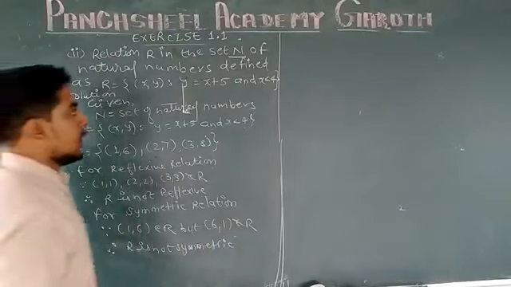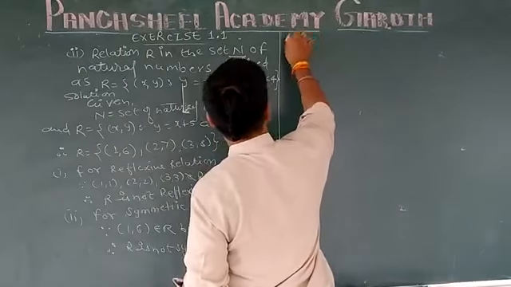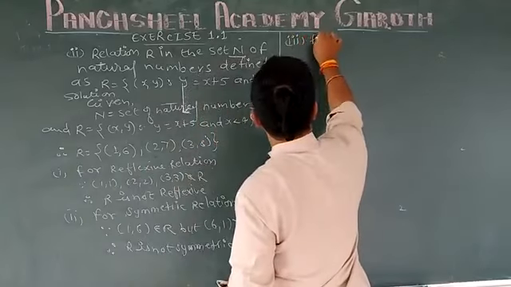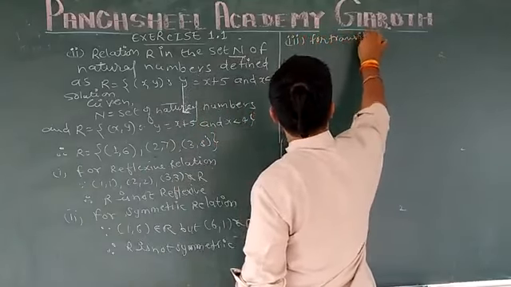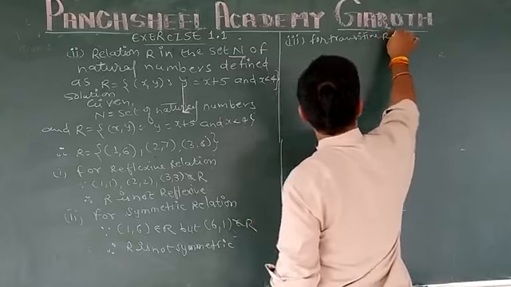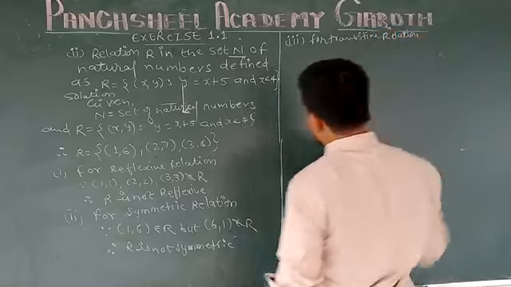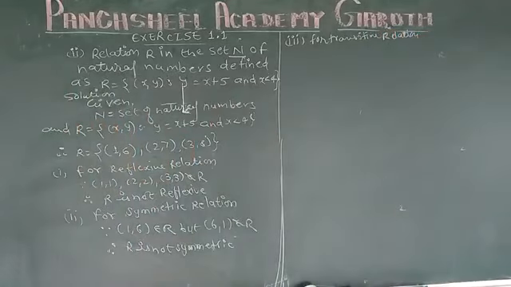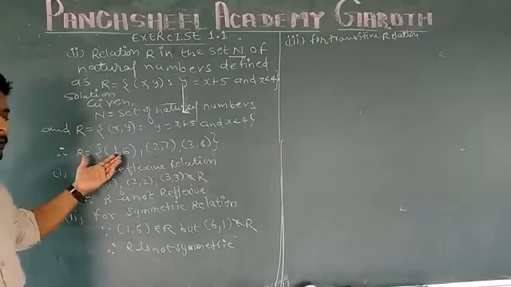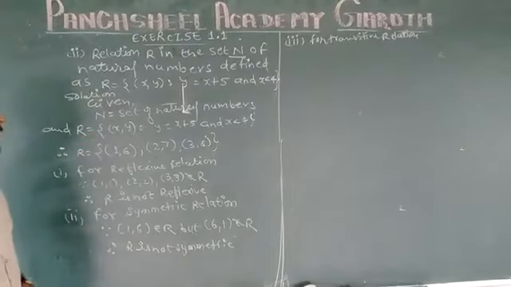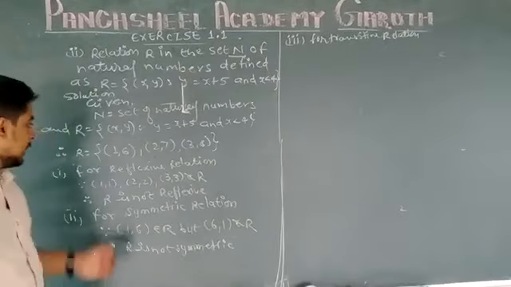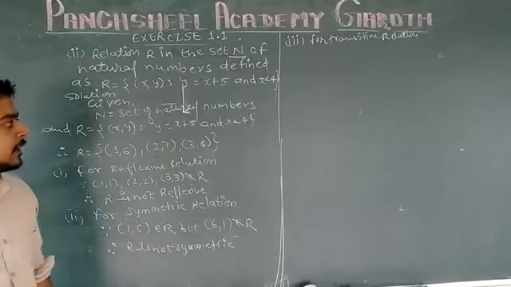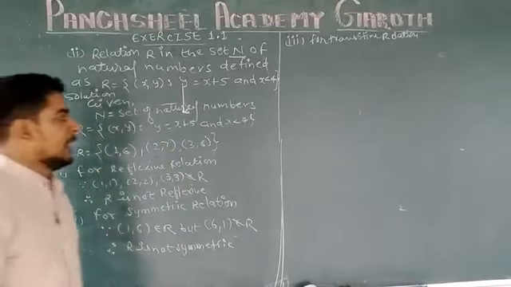And in the last, for transitive relation, we have to find two ordered pairs, that is, we have to find (a,b) and (b,c). Here there is no element, no ordered pair, for which we can define that from (1,6) and then (6,7) comes here. There is no such pair, so directly we can write